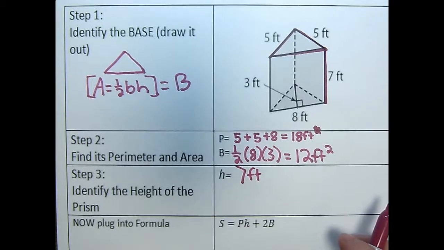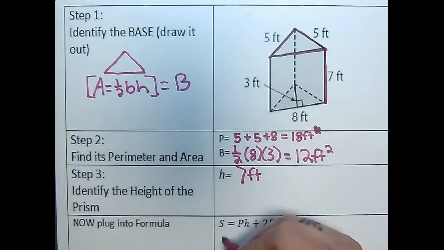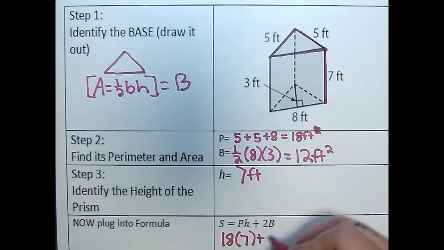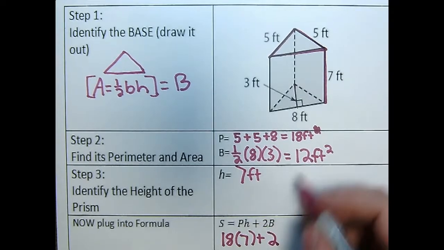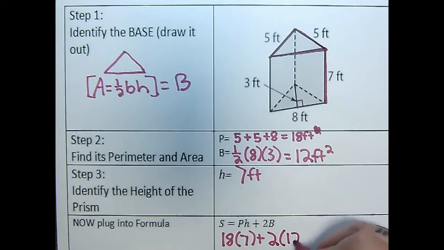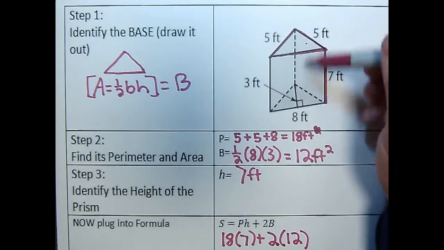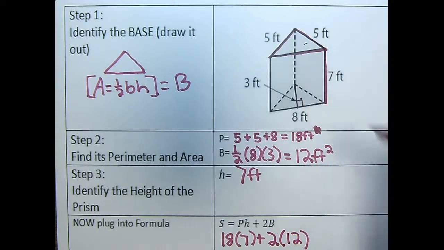Okay, now all I got to do is fill out my formula. So my perimeter I found out was 18. My H we just found as 7. And we're going to add it to 2 times the base, which is 12. Now, the reason there's 2 is because every prism has 2 equal bases. So it's 2 of those. Okay, so now I would just take 18 times 7. That would give me